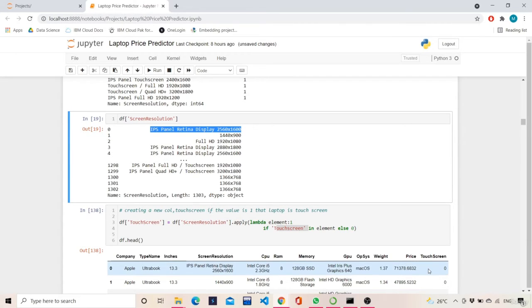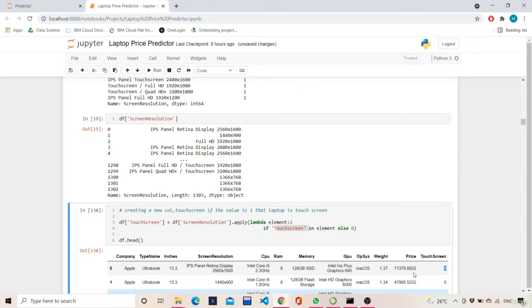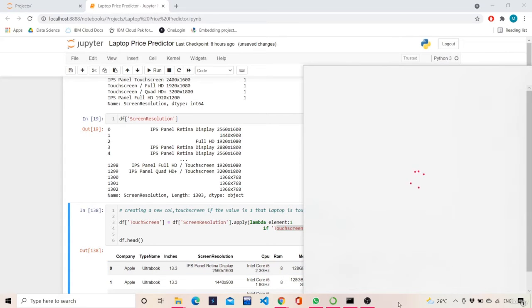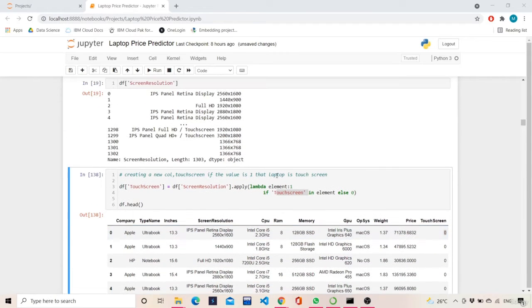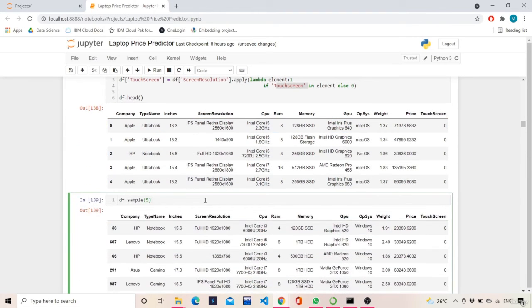So that is why it is giving us 0. You can see, is touchscreen present? Wherever touchscreen is present, there it will be 1. See over here, if we just see row 1298, if we just execute this,